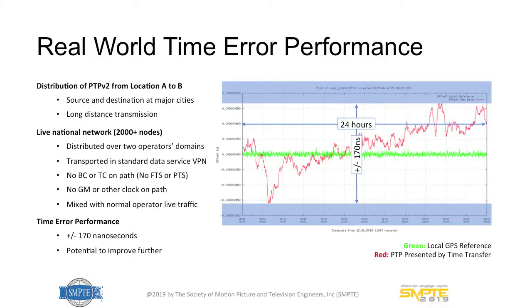Typically, you will see the overall system having multiple hundreds of nodes hooked together to create a mesh that is then distributed out to the transmitter sites. When we did this, we just used the basic IP service. So there were no boundary clocks or transparent clocks, no full timing support or partial timing support. So no support really from the network, it just sat there. And this is important because that avoids the whole forklift upgrade of that network, and we avoided a lot of the engineering in that network.